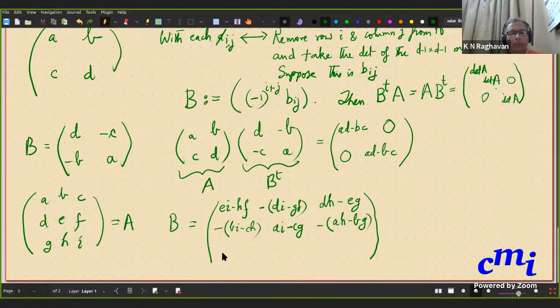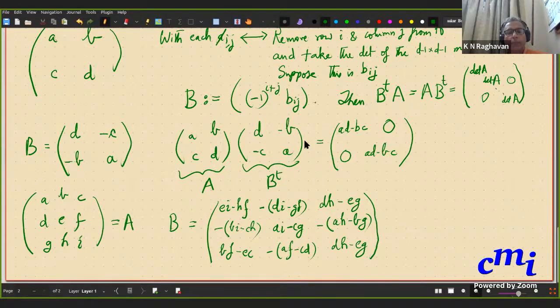Okay. Here it's a plus sign and it's BF minus EC. Here it's a minus sign and it is AF minus CD. And here it's a plus sign and it is DH minus EG. Okay. And you can check that if I take the inverse of the transpose of this matrix and multiply,